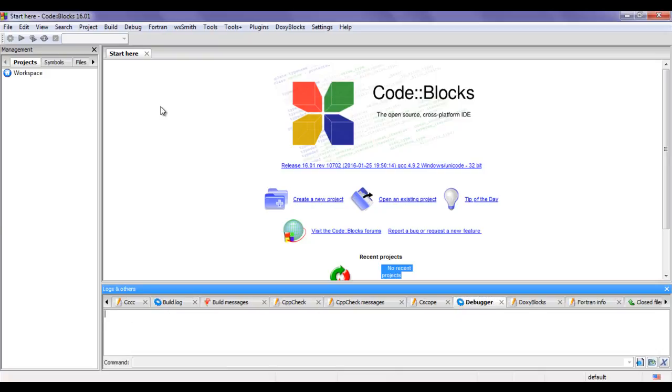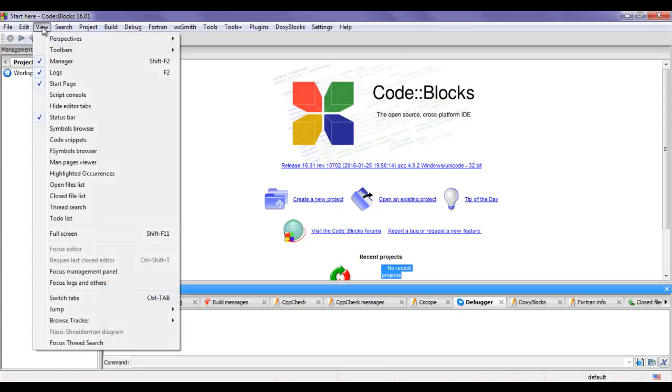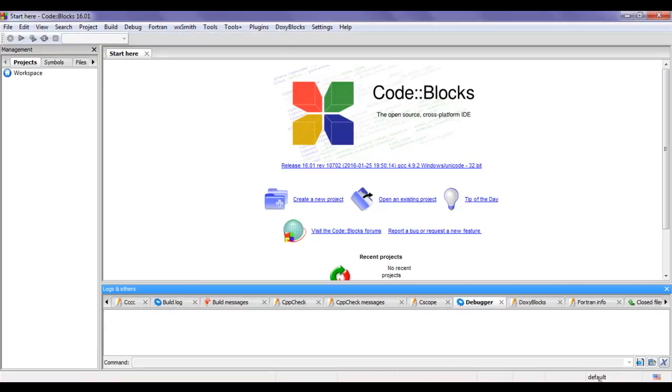Below the IDE we have the status bar. In the status bar it is showing Default. Default is the perspective. If I go to View, here we have Perspectives. In the perspective you see a default perspective and the minimal perspective. At present the IDE is in the default perspective. That is what it is showing here at the bottom in the status bar. On the right hand side, if you right click, you will see that English United States language is used and enable spell check is enabled. You can see that. Hope you guys have understood what you get in the status bar.